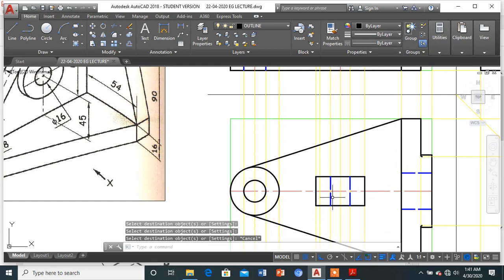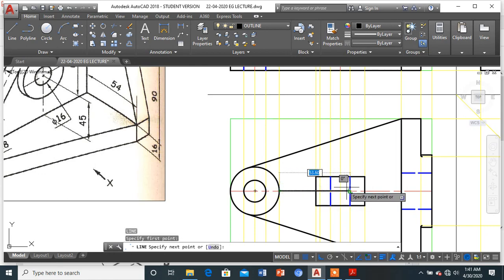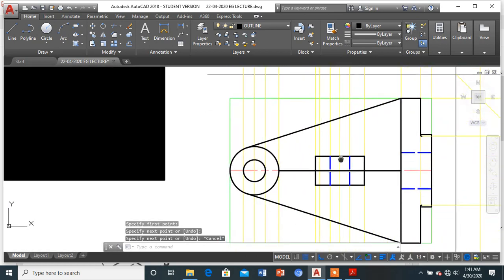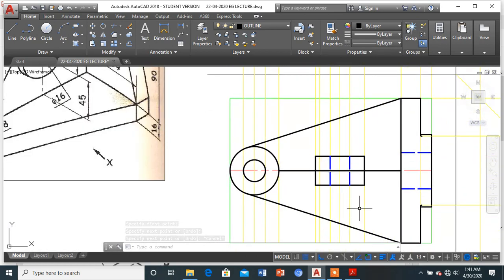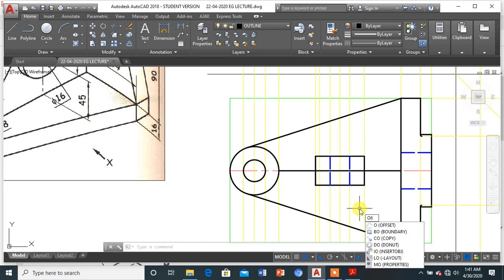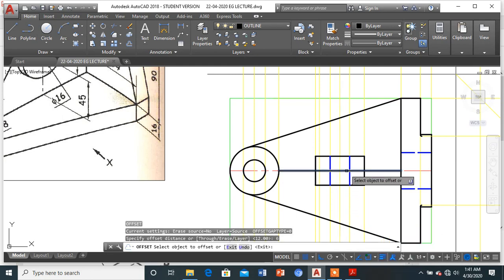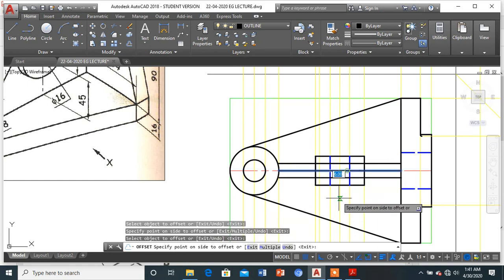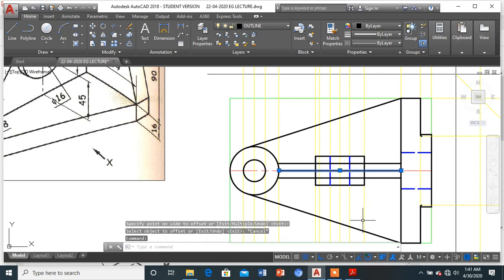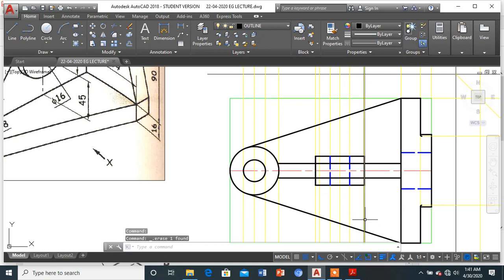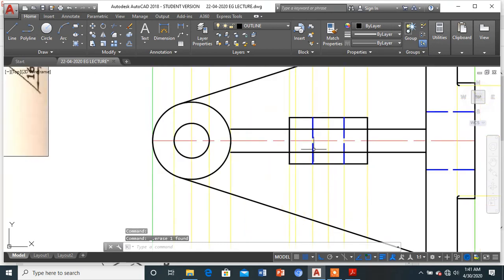Okay, so once I'm done, further, what do I like to do? Now I need to draw the rib. So the rib is to be drawn on both sides of the center line by 6 mm. So from here, center line 6 mm on both the sides. Okay, so once we are done, we can see it like this. Now the center line which is there, which is not required, we can simply omit it.